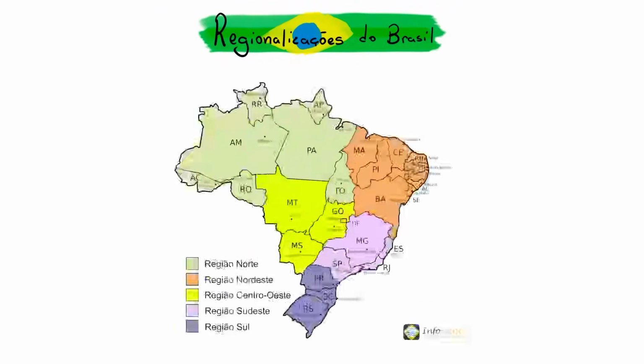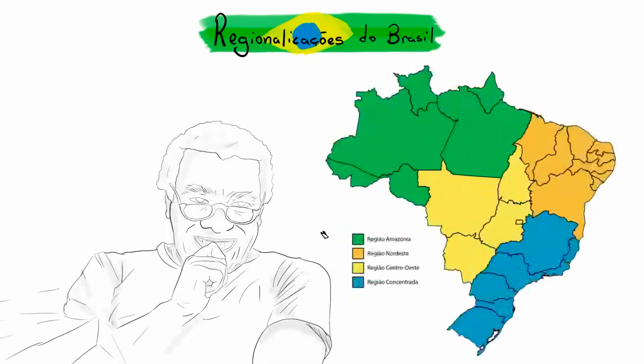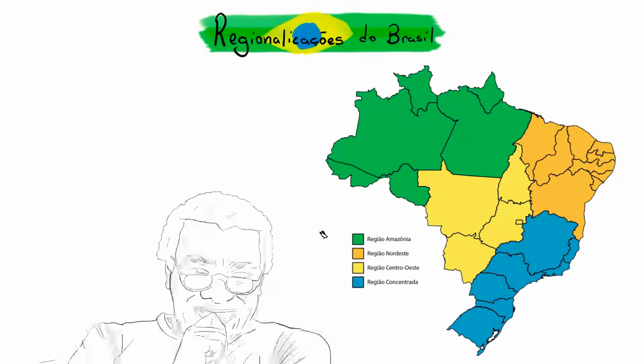For example, you certainly know the regionalization of Brazil into 5 major regions. However, there are others that are also very famous, such as, for example, the geo-economic regions of Pedro Geiger, which take into account socio-economic aspects and historical characteristics, or the regionalization by Milton Santos, the 4 Brazils, which uses as a criterion the unequal distribution of the technical, scientific, informational milieu. Just remember, there's already a video here on the channel explaining each of them. It will be here in the card and also in the video description.